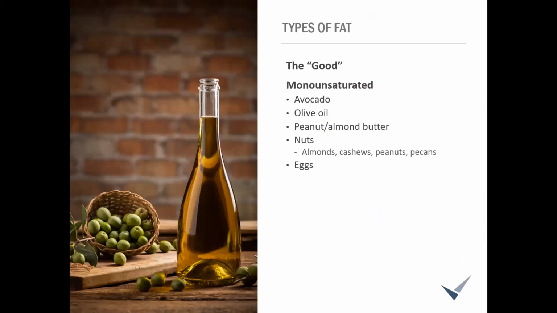So with that being said, let's look at those last couple types of fat that most people agree are going to be those best choices and that do have those great benefits that we talked about at the beginning. So first is monounsaturated. I'm not going to get too sciencey because I'm not that smart, but they get this name because they have just one unsaturated carbon bond called a double bond. These groups of fats include things like your olive oil, avocado, peanut and almond butter, and then your nuts, like almonds, cashews, peanuts, pecans, and of course those eggs that I said I was going to throw into this category.